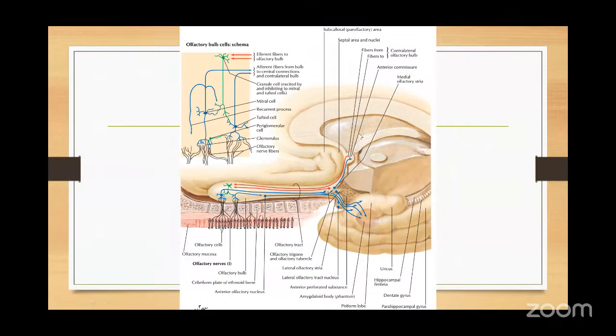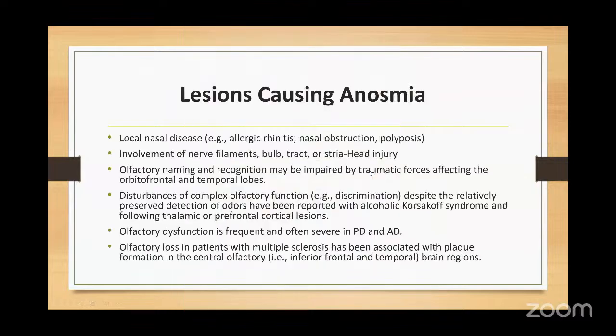So you can see the medial olfactory stria, and then there is a lateral olfactory stria. Lateral goes to the paraolfactory piriform lobe, and medial goes to the anterior commissure. Basically, we were discussing the lesions causing anosmia. So local nasal diseases like allergic rhinitis or polyposis, or involvement of these nerve filaments by head injury,